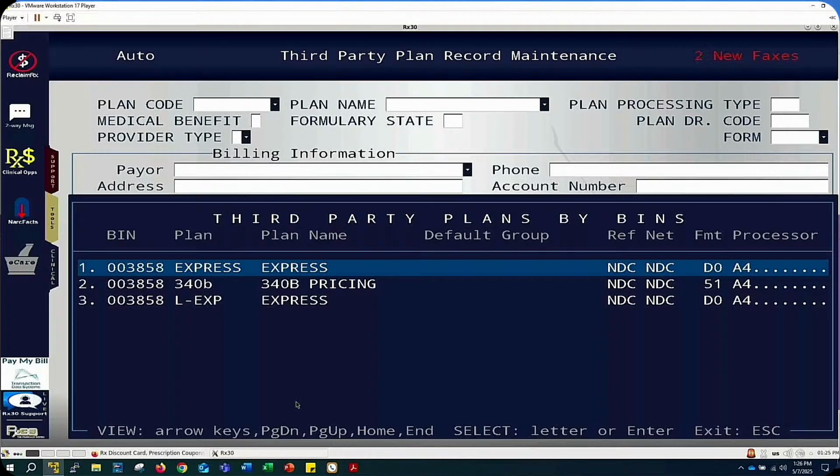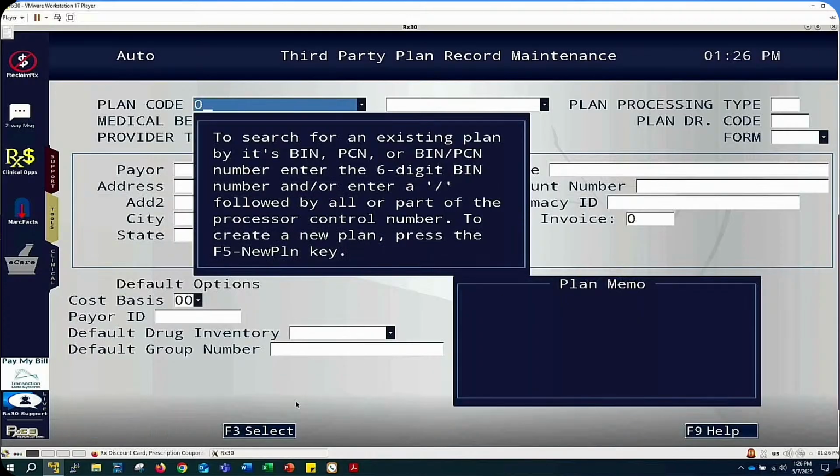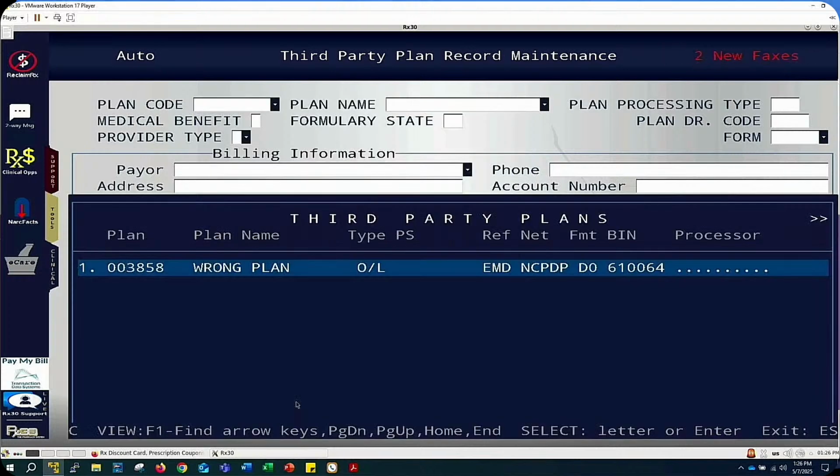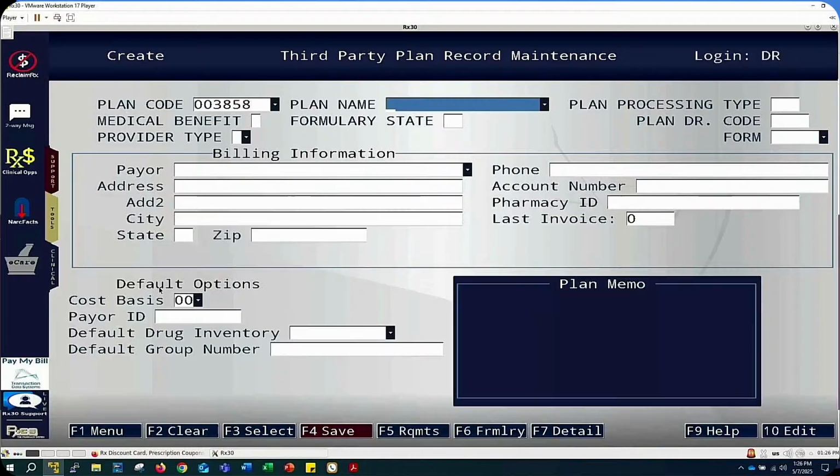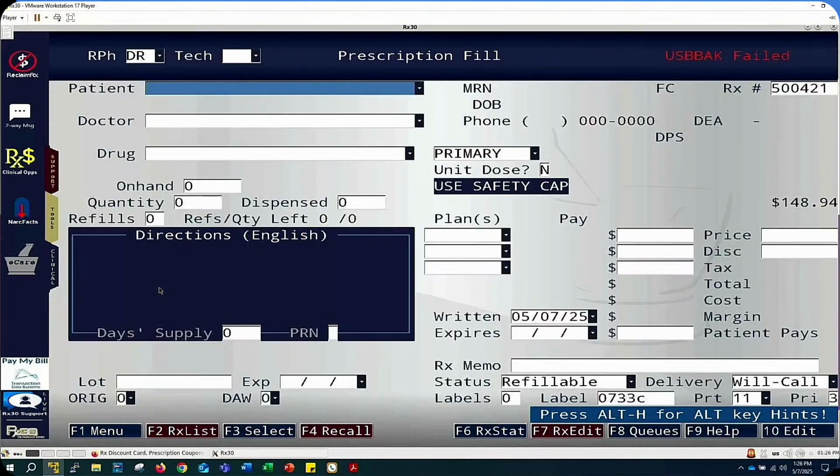So one thing that I want to show you is that you must use that #. If I don't use that #, I'll show you what happens. 003858, it's going to look for the plan code called 003858. And obviously that's not the correct BIN and PCN for that plan code. So you can essentially have a plan code called 003858, and if you don't put a # on before entering that BIN number, it's going to pull up the wrong plan. So please enter the # or the hashtag. Okay. And let's see, I think that concludes our